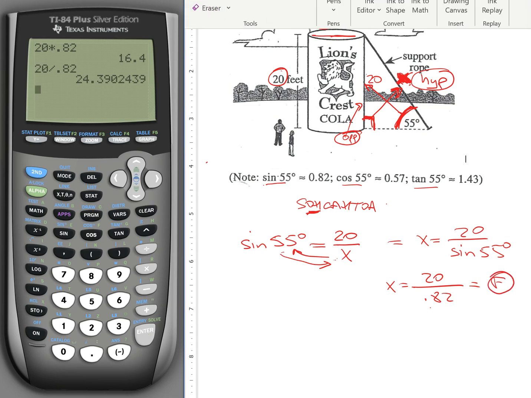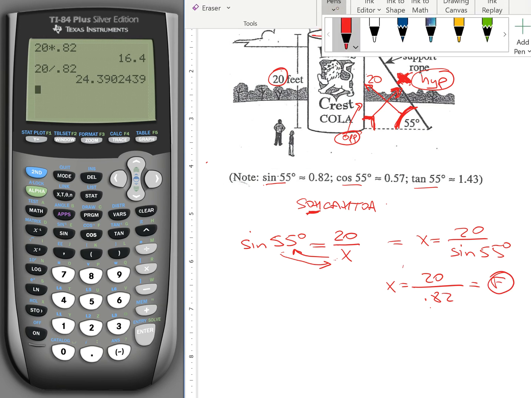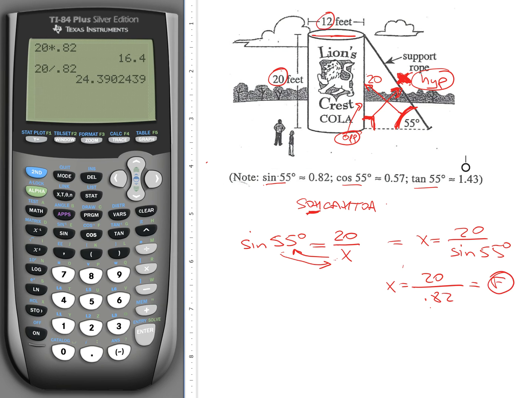If you don't remember this quick way of doing it, you get sine 55 degrees equals 20 over x. How you get x on its own is that you would multiply both sides by x, and that would get rid of the denominator,